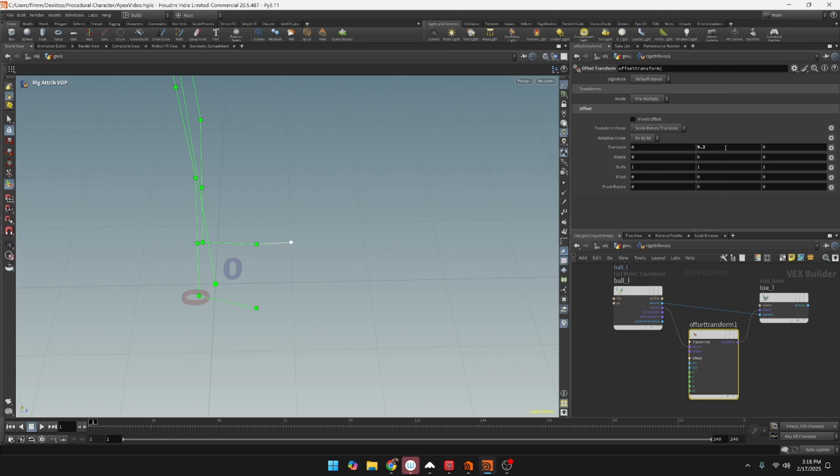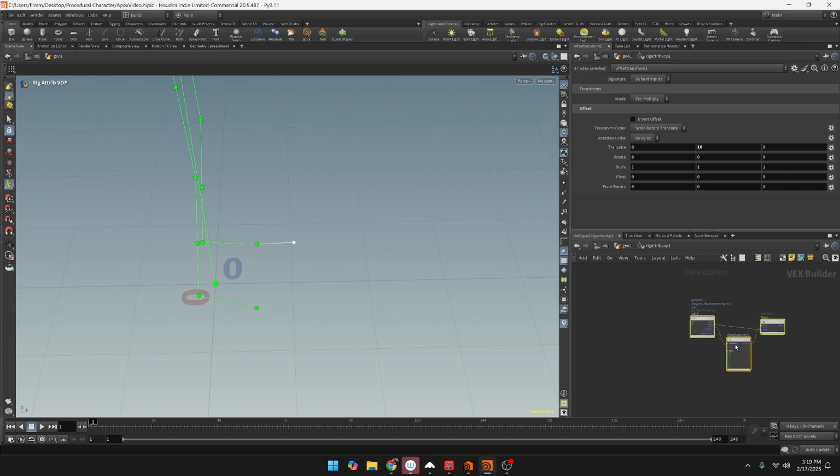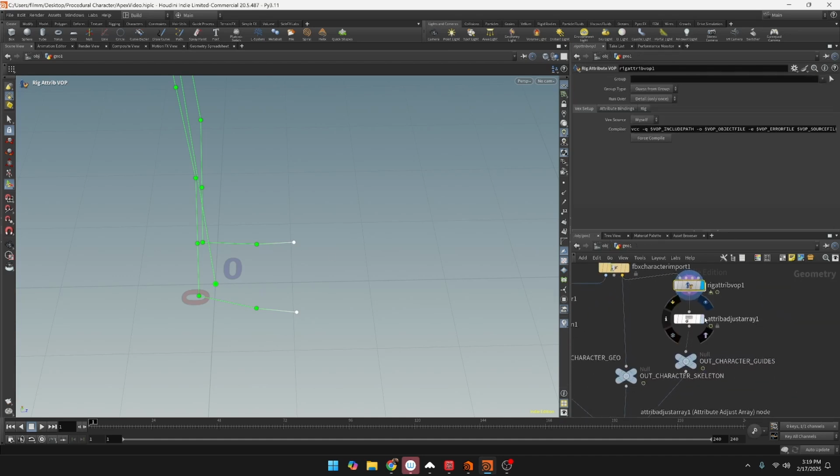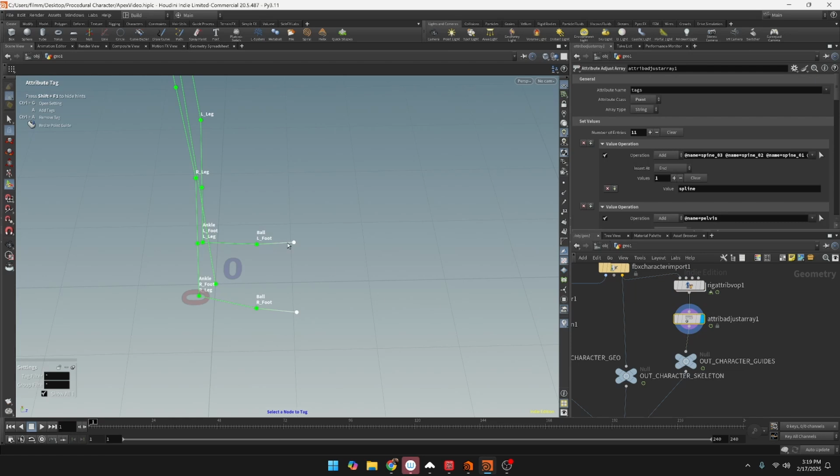So I'm just going to set it up 10 units like that. Okay, so I'm going to take all of this and then hold down Alt and drag. And here, instead of the L, we're going to do R. Instead of the L, we're going to do R. And then it creates another joint for us over on this side. Okay, so we create that, and then now when we go here to joint array, we can